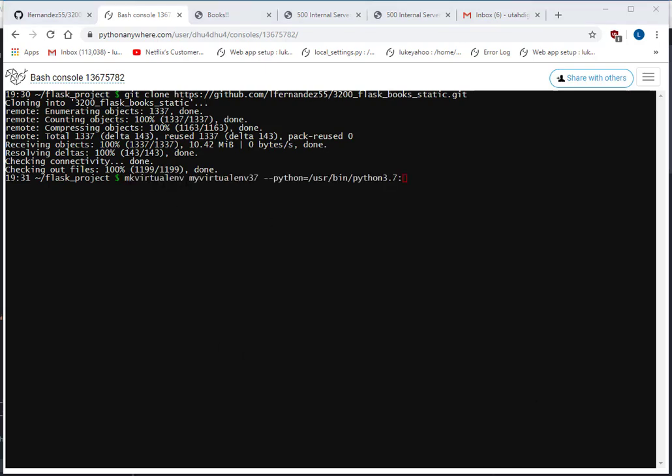And what I've typed in here is mkvirtualenv, and then this is the name of it, my virtual environment 37, to stand for the version of Python that I want to use. And then I specify the actual version of Python, the most recent one. And now, if I run this,